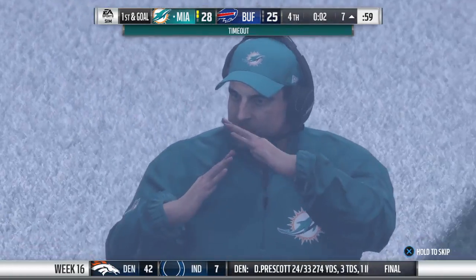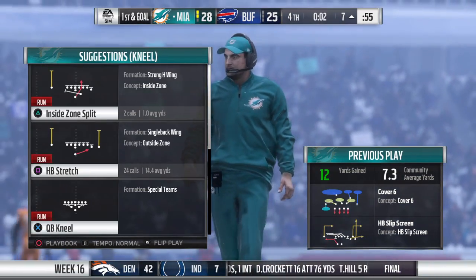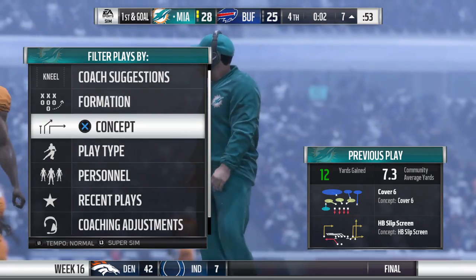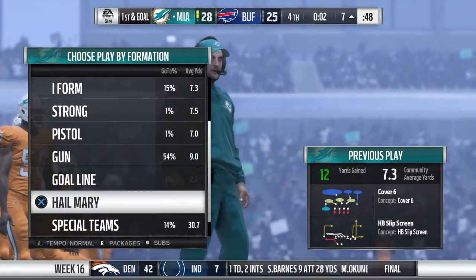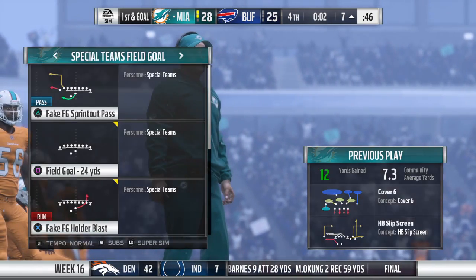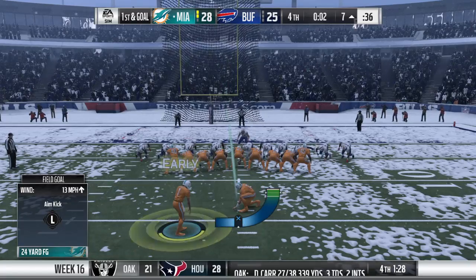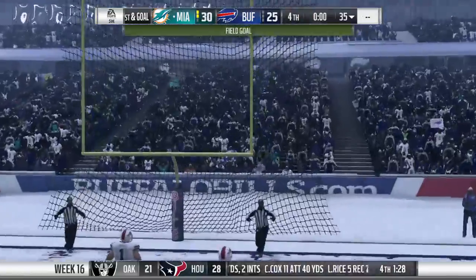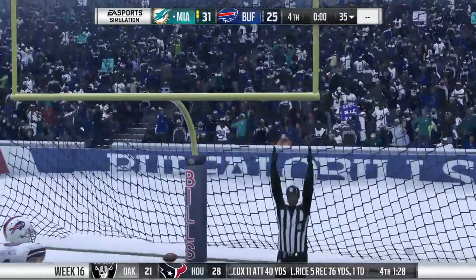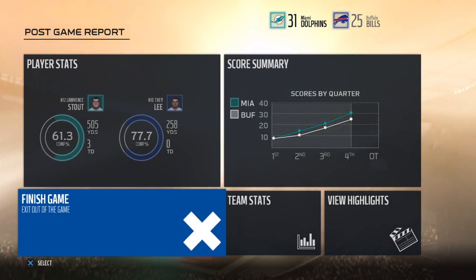And we will get a timeout with 2 ticks left. So the field goal unit is on the field as this is a big spot right here from the right hash, and this one just a chipping. And the kick is good. So you wonder how this one might be remembered the next time these two teams meet. But until then, this game's over. Well, partner, there's something